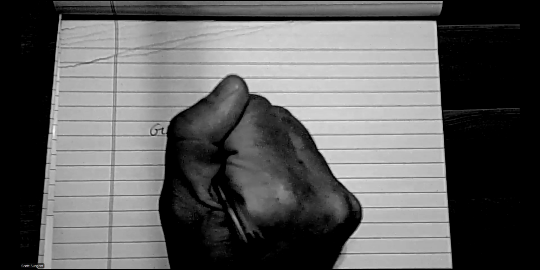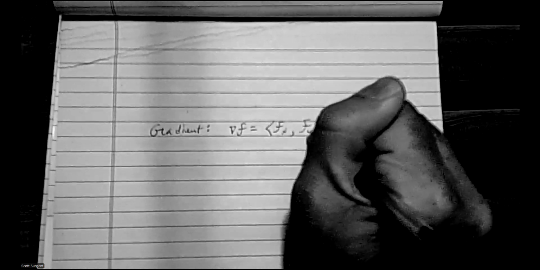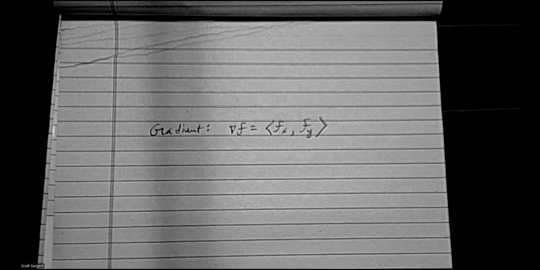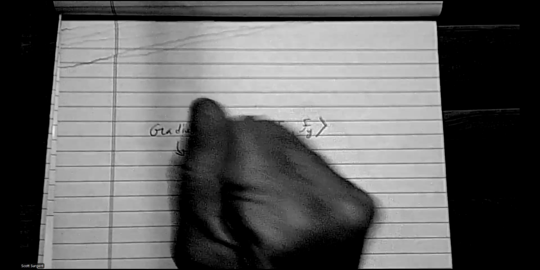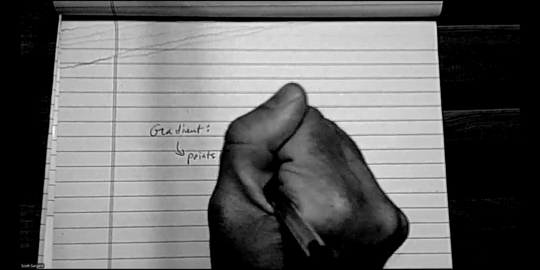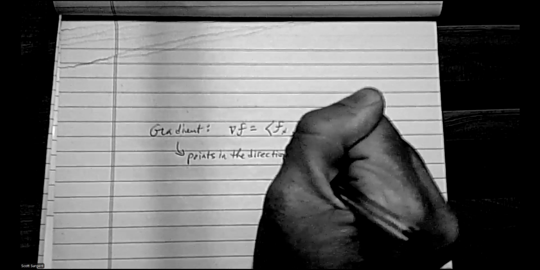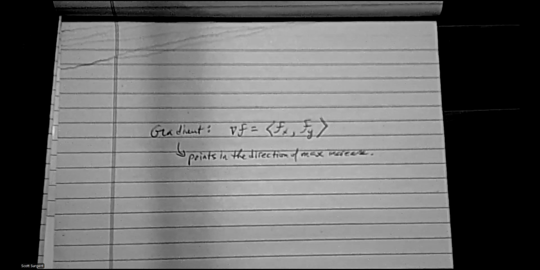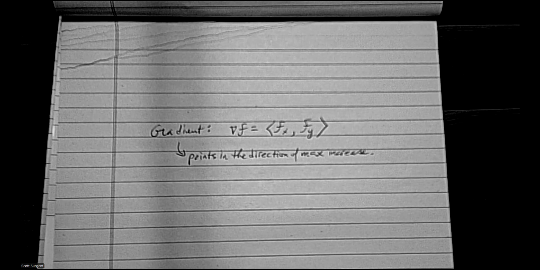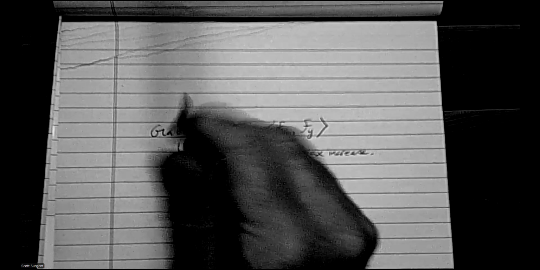Here, the gradient is a vector form of your two partial derivatives. Its geometrical significance is it points in the direction of max increase. So the gradient itself, once you plug in the point, so you plug in your actual x and y, gives you a vector, and that points you in the direction of max increase. I think most people are comfortable with that. The actual slope